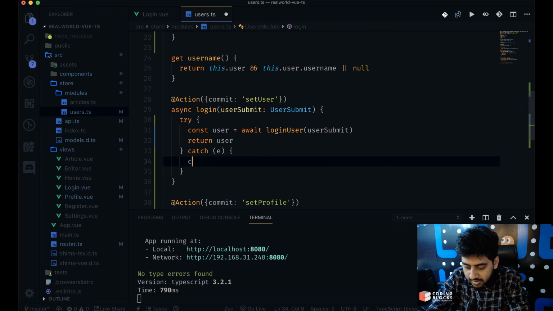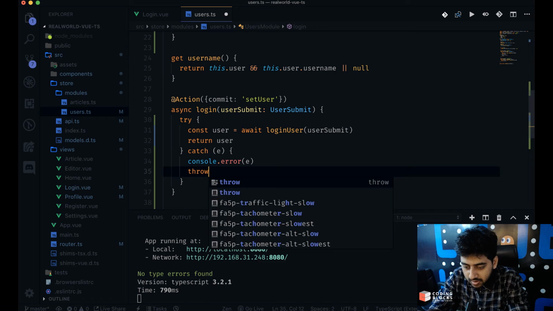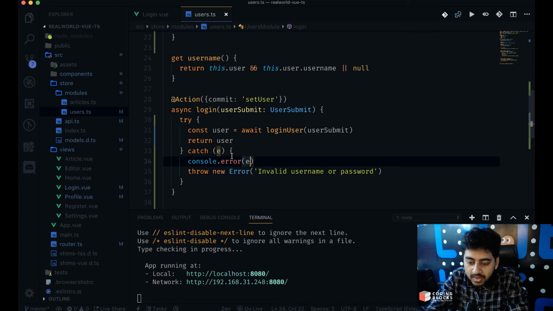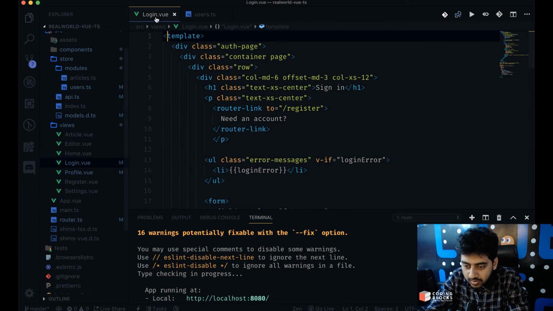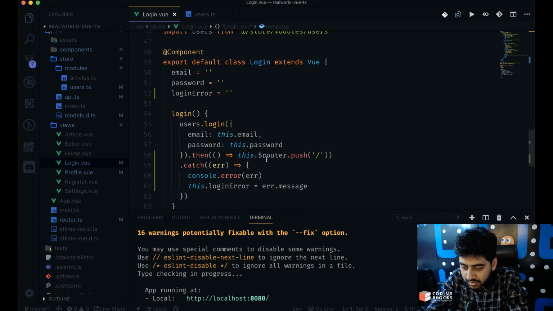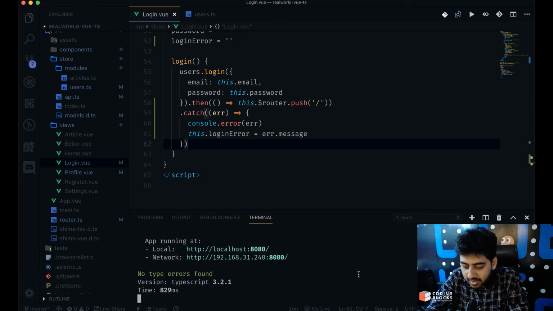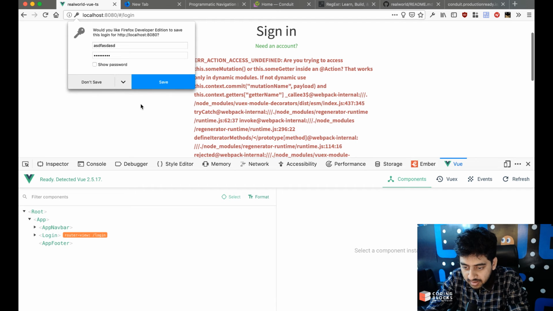If I get an error, then I will do console dot error, printing this error here, and then throw a new error, invalid username or password, something like this. Then we can go to this login.vue and print the error that I just wrapped up here. If I print something random here and try to sign in,